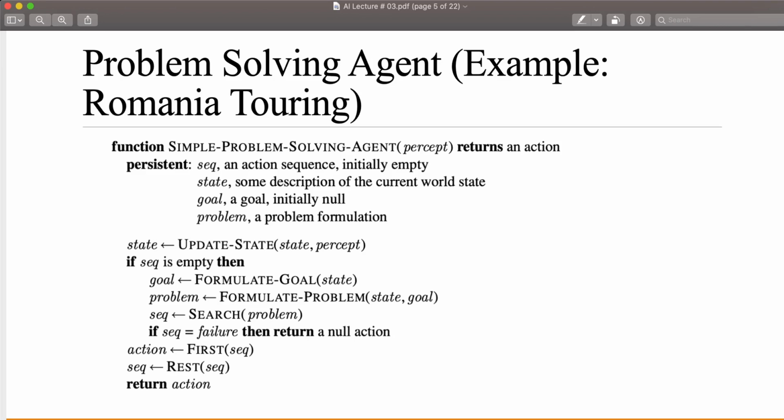So initially problem and goal are both empty, and the state, we know, is the current existence of the world or current state of the world, and sequence is initially empty,